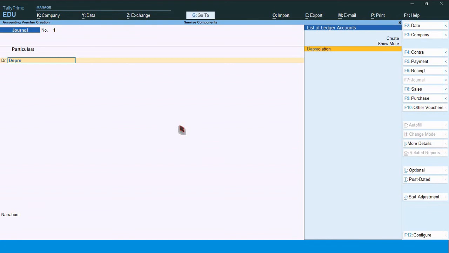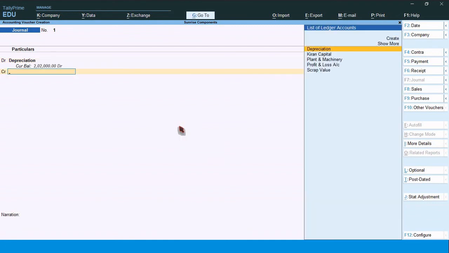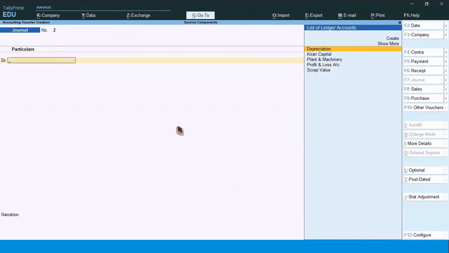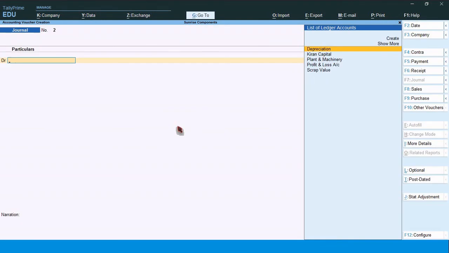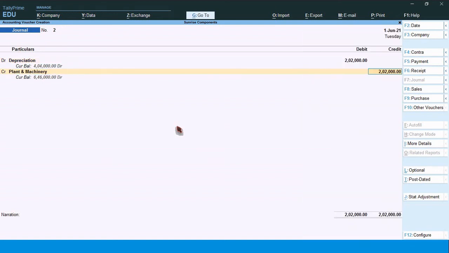Depreciation account, depreciation 2,02,000, plant and machinery. So 1 year is over. Second year, I am changing the date to 1/6. Depreciation 2,02,000, plant and machinery.